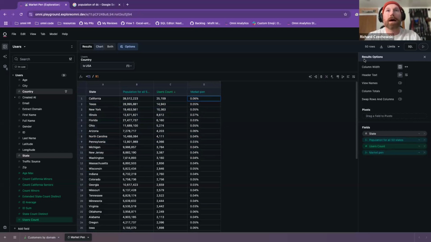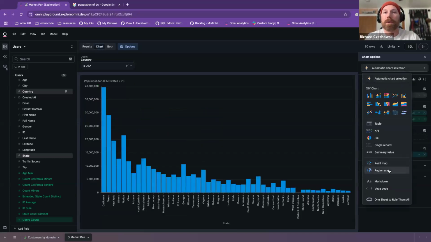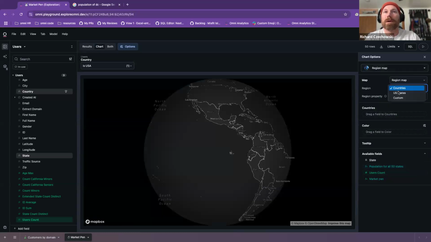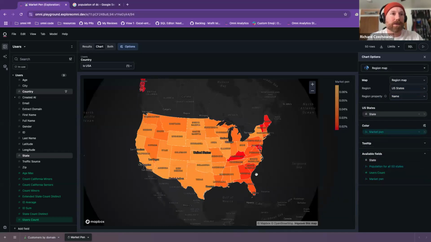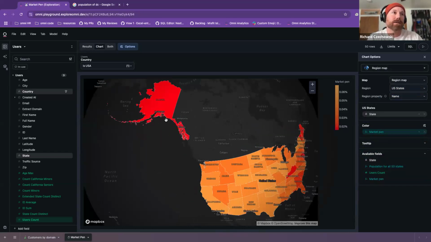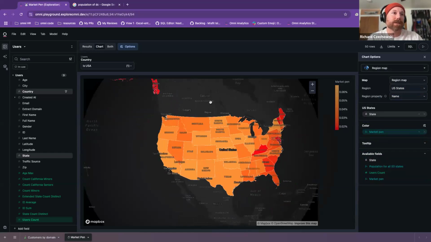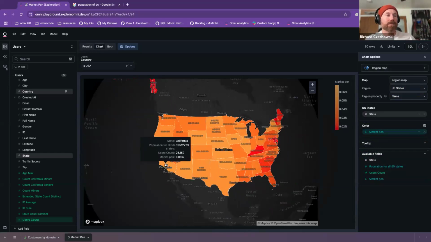and I can go throw that on a map, region map. Let's see, and I want the states. I want to say state name, pull the states up, and then market penetration. So now I've got my market penetration all mapped out, and I can see that maybe in the South and the East Coast, I'm not doing as well. Alaska, don't know why I'm not succeeding there. California doing well. They have a great population and I have great market penetration. So it's a very quick, fast, fun analysis. With that, I will pass it back to you, Jamie.